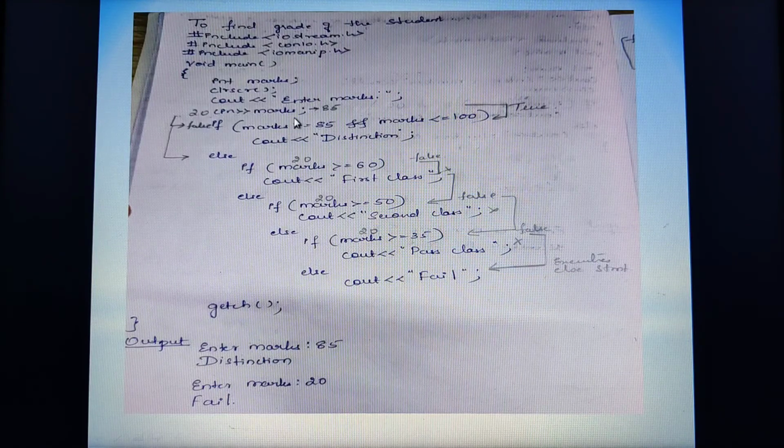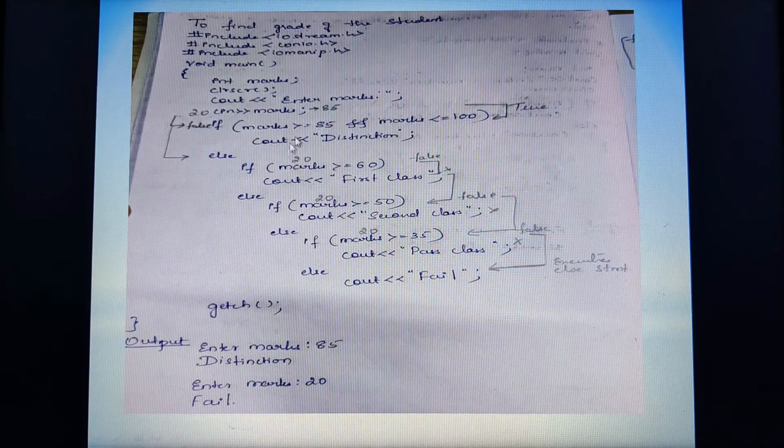So here 85 is greater than or equal to 85. Either of the two being correct is enough for this operator, at least equals to. So 85 is greater than or equal to 85, this condition is satisfied, and here 85 is less than 100, yes, this condition is also true. Since this condition is true, the statement 1 will be executed.